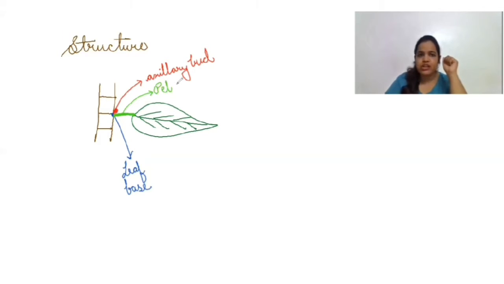It helps the leaf to flow in the wind, because if the leaf is completely rigid like this, then if wind comes, what will happen? Wind will break the leaf. But plants don't want their leaves to be broken because of wind. So this is the petiole, this is the main leaf, the green structure which performs photosynthesis. The petiole makes the leaf move here and there, and hence prevents the leaves from breaking due to the wind. Clear? So petiole is clear, petiole's function is also clear. That's all we have to study about the petiole.